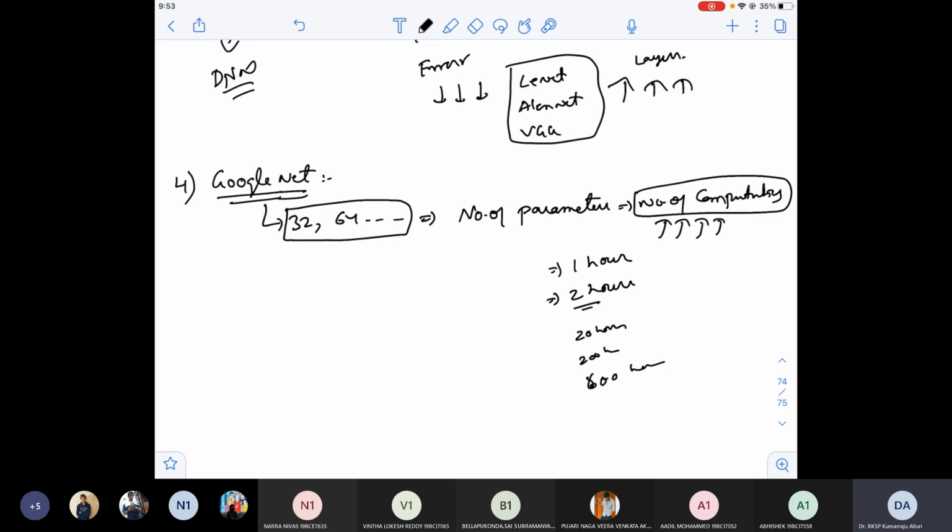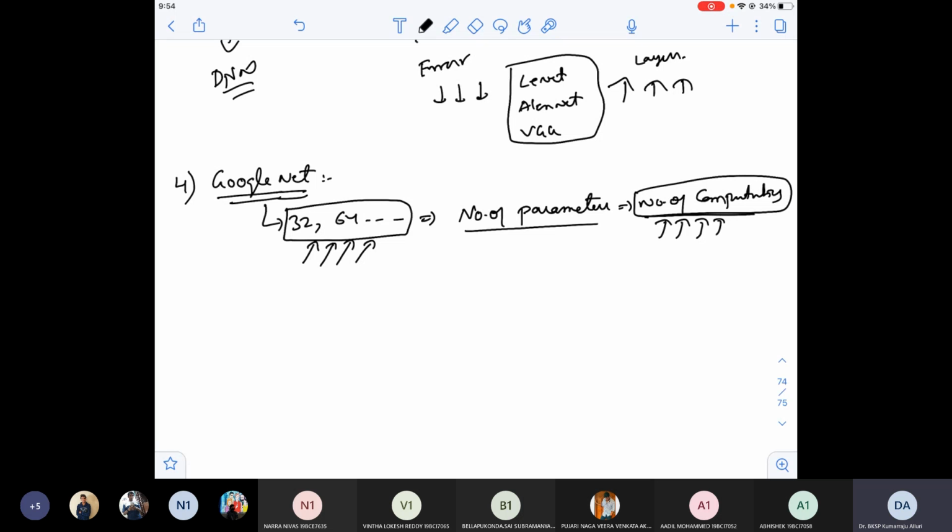That is the reason people will not try their own architecture, because this is the problem. That is the reason they always start with the standard architecture. Then based on their loss, they customize it, or the number of epochs would be less, so that their training time will not be so high. Okay, so that is the reason we are discussing GoogleNet. Now let us come back to this. So blindly they did not increase the layers to 32 or 64 because they thought the number of parameters will increase, the number of computations will increase, then obviously the time consumption will be high.